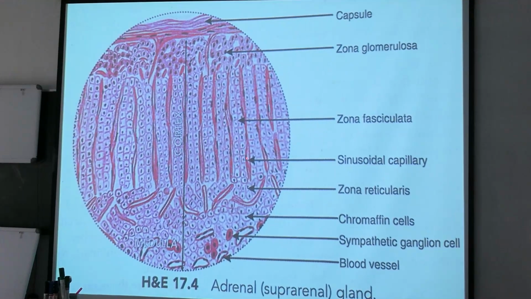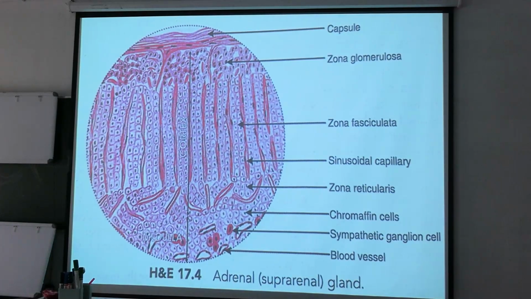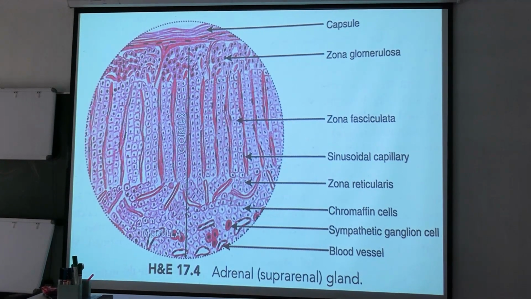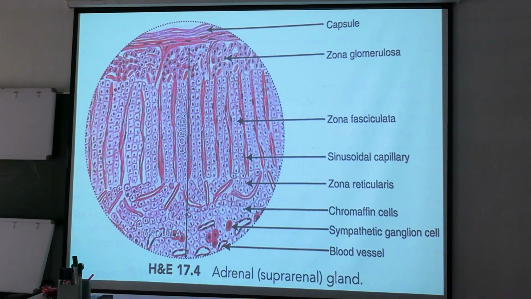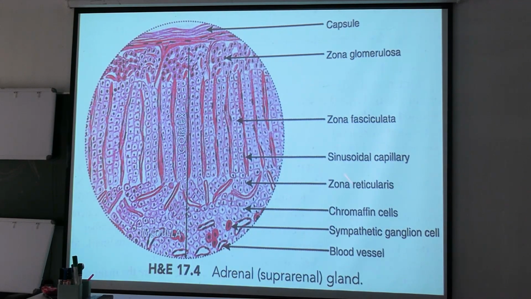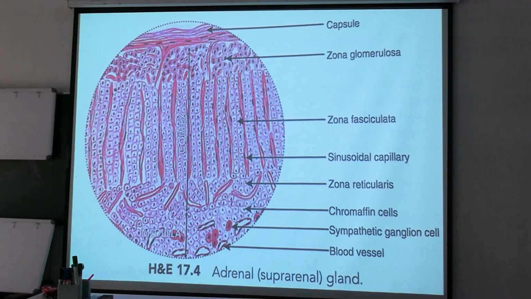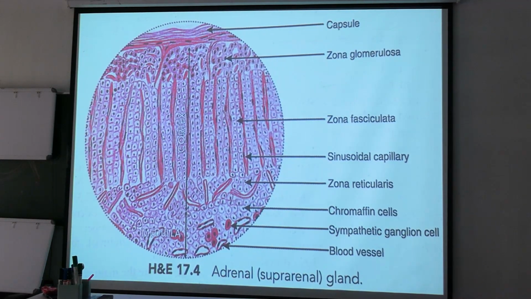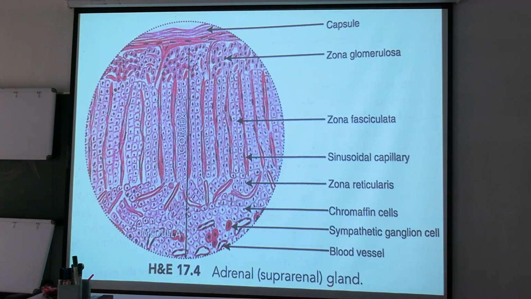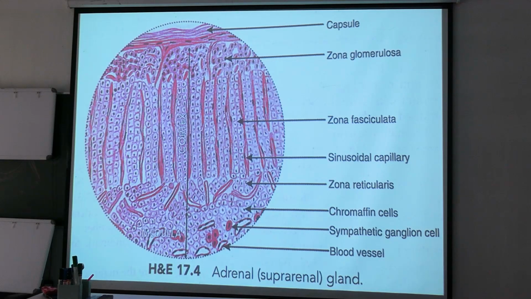Sinusoidal capillaries means they are fenestrated capillaries. Normally, the pores are not that large in capillaries, but a sinusoid is one variety of capillary, and their pores are very much larger. Blood cells can even escape through the pores of these capillaries. That is what the word sinusoid means: the pores are larger. Sinusoids are also present in other organs, in the liver and also splenic sinusoids.